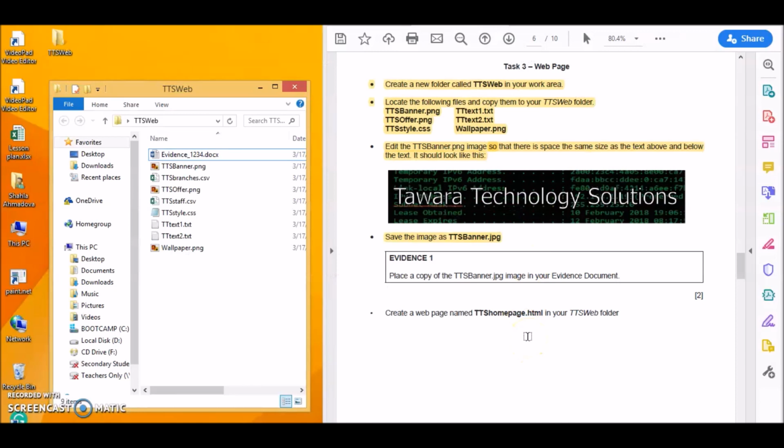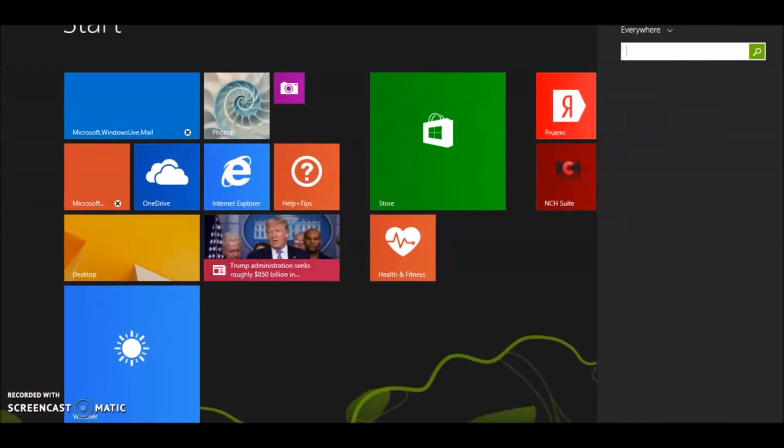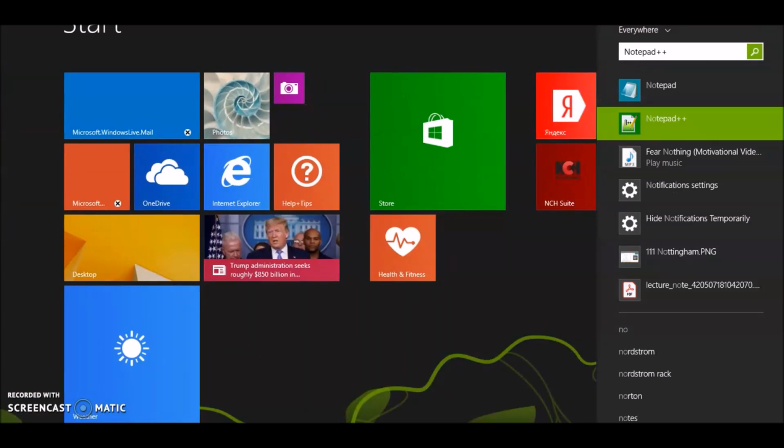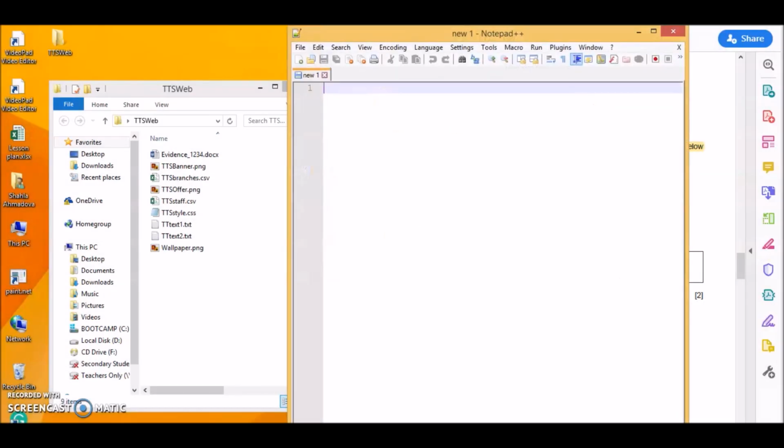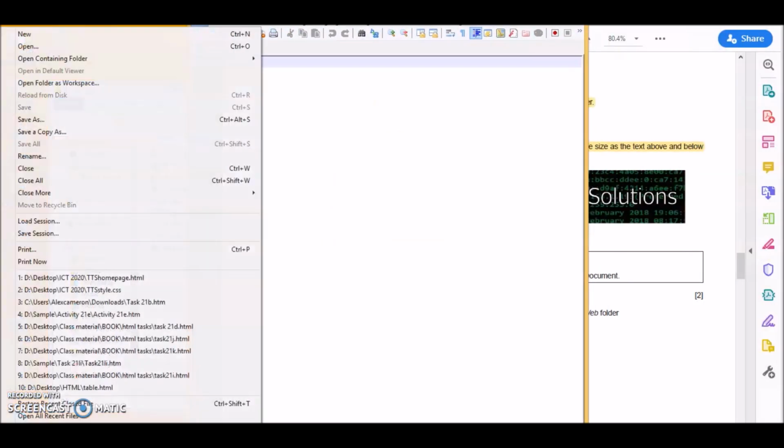Okay, create a web page named TTS homepage HTML in your TTS web folder, in the same place, in that same work area. Okay, guys, you know that we are using Notepad++ for our HTML and CSS coding. Okay, I'm going to create a new Notepad++ file, and let's do the save part as well. File, save it as